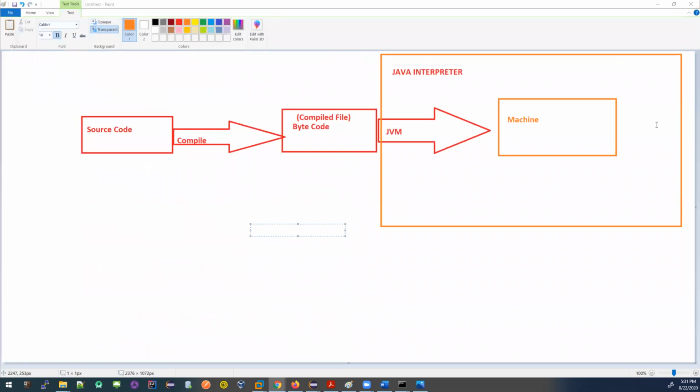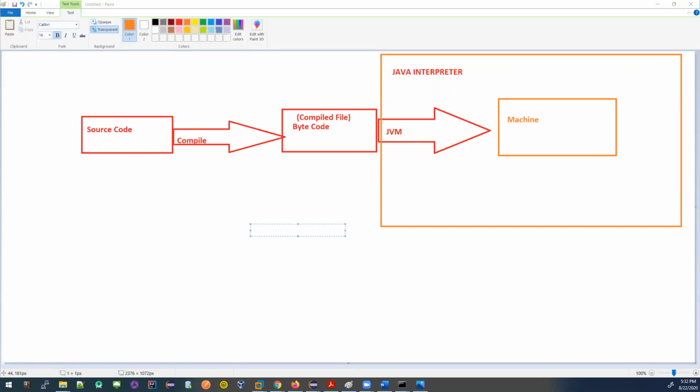If you want to learn more deeply about JVM, you can go ahead, but I would not say to spend that much time learning how memory management happens. You don't need to learn it now, but it is good to learn. It's clear? Okay, then let's move forward. So this is how the Java program works.